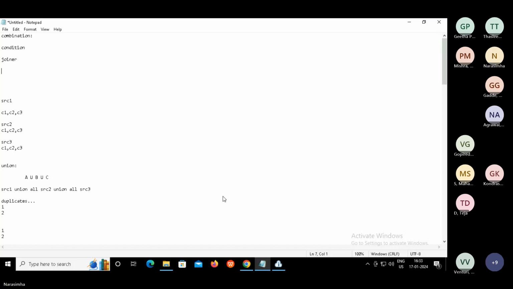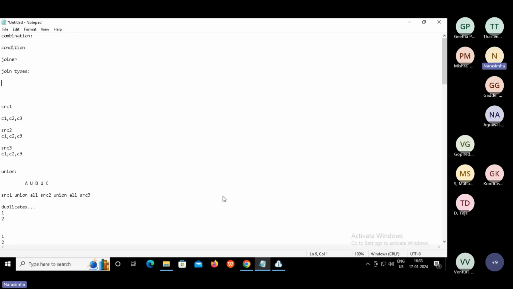Now, the way we combine the data is taken care of by the join type. The joiner transformation supports multiple join types.